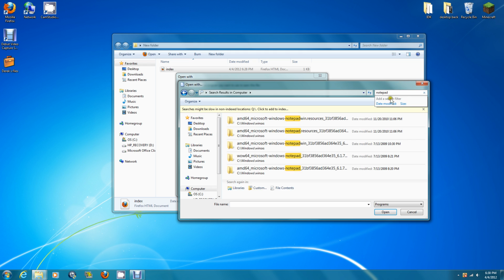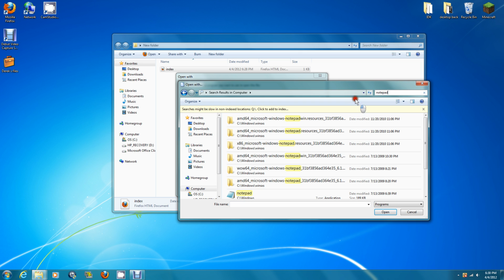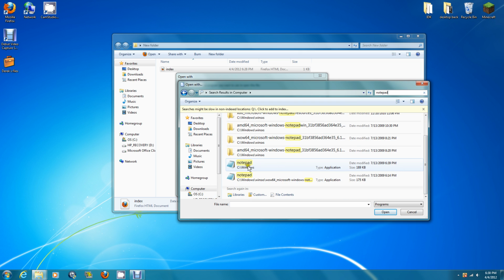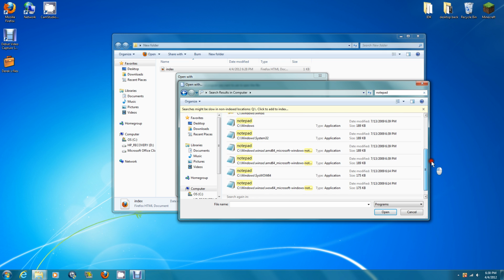And then it should be one of the first things to pop up, right there. As you may see, I can scroll down here and I have Notepad. Its type is an application, and now we're getting quite a few of these. But you want to click on the one that says